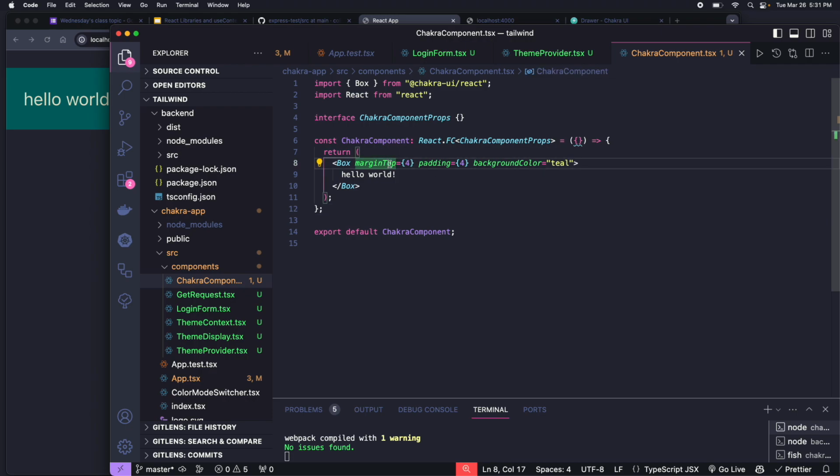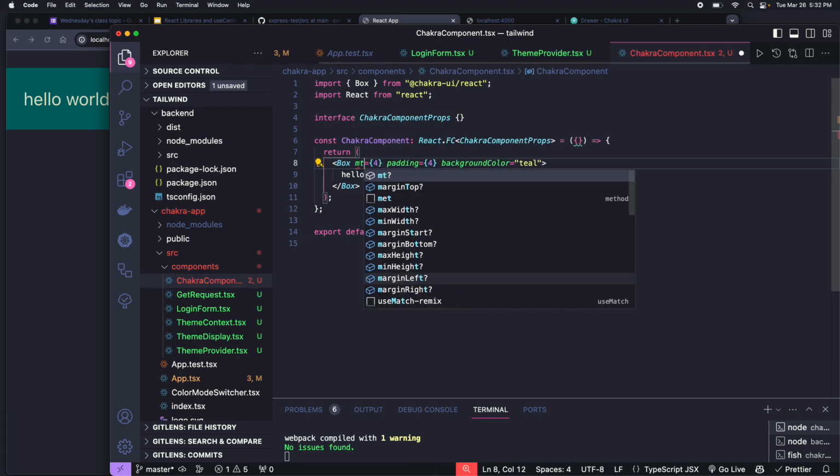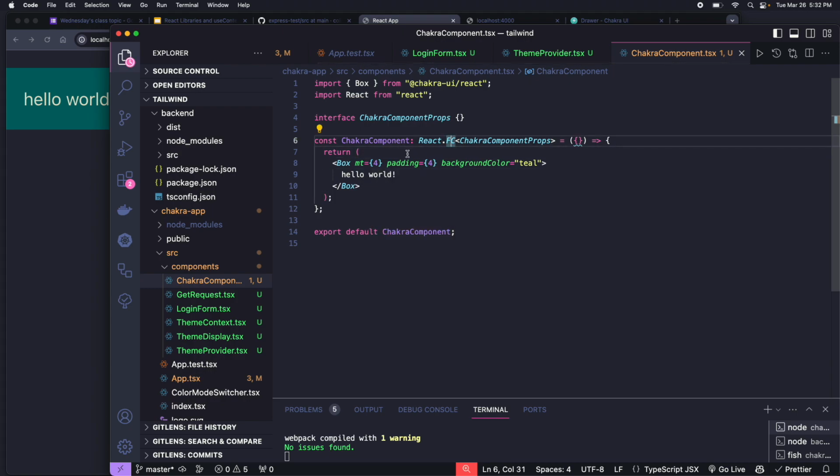Something that's nice, it's just a little thing. Most of these component libraries also have shorthand for commonly used things. So margin top would be MT. Same thing, padding would be P. Don't have background color memorized. That might not have one, but again, this isn't going to be a huge deal when we just have one